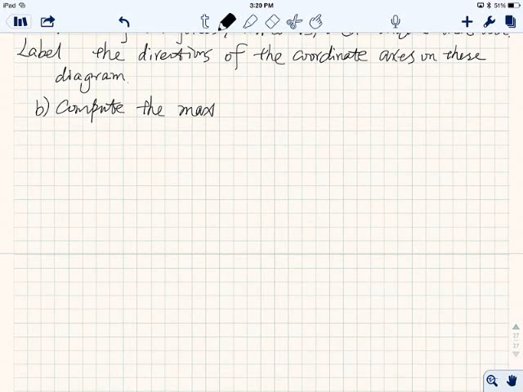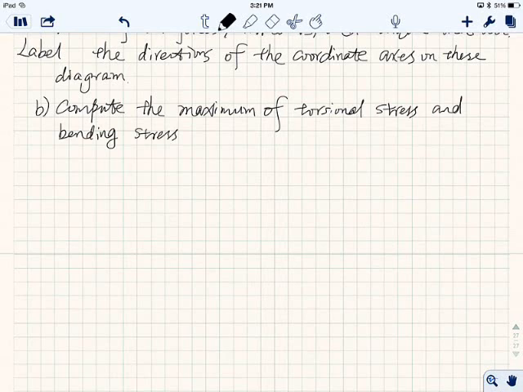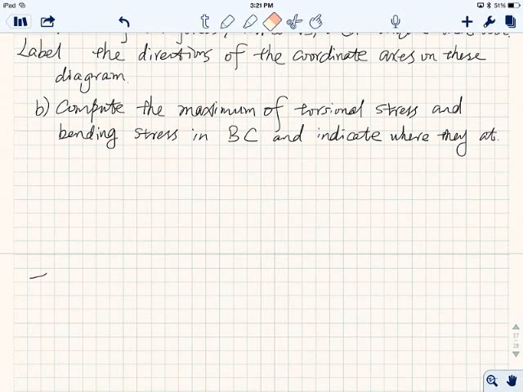the second one is compute the maximum torsional stress and bending stress in BC, and indicate where they are. Okay,